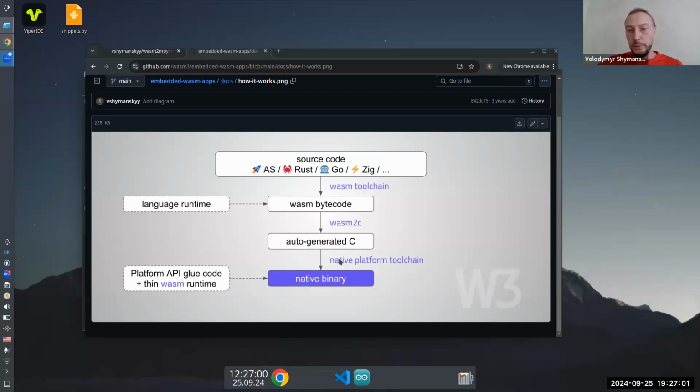But then we can use the native platform toolchain, so this may be GCC or Clang, and we can compile in some platform API glue code and a WASM runtime for a few things like memory management. And then boom, you have a native binary. That was developed in 2021, I guess. But look, in the MicroPython context, this native binary is an MPy file, and then you can load it like a normal Python module and use it.